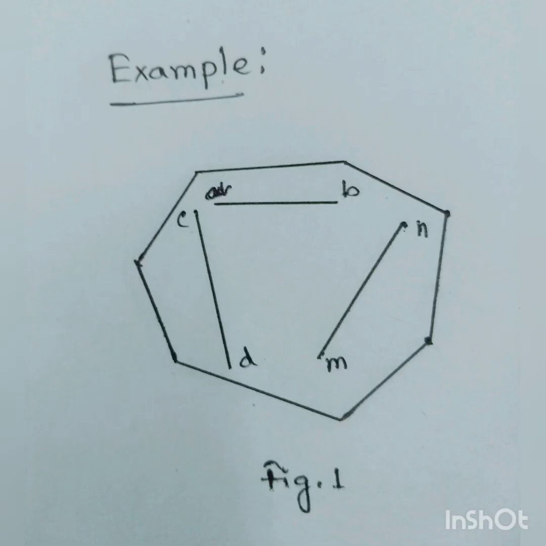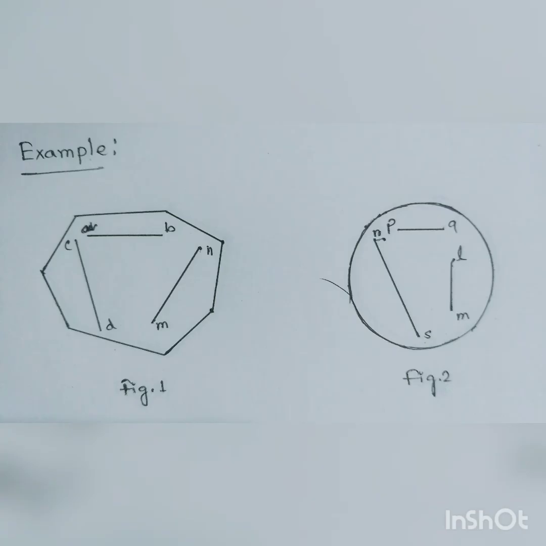So in the first diagram, if we take two points A and B, this will be joined and this will come in the set itself. And if we take another points C and D or M and N, that will also come in the set itself. So this is a convex set. Next, let's move on to the second diagram, which is a circle. If we take any two points like P and Q or R and S or L and M, that will give us a line segment which will come in the set itself. So again, this is a convex set.